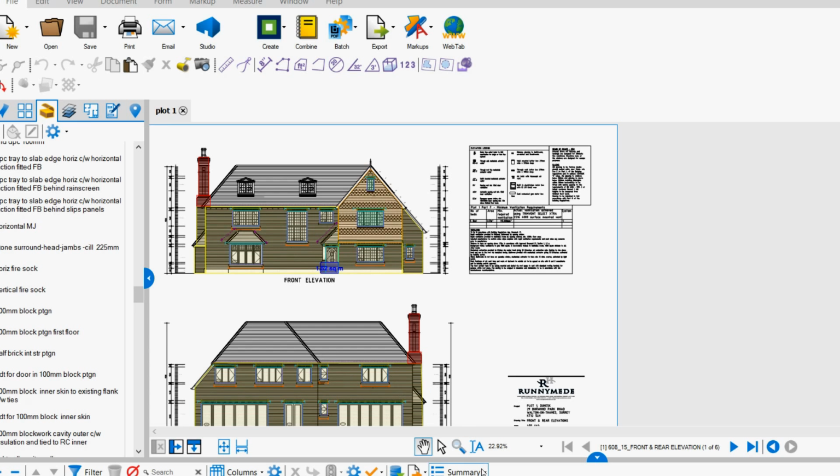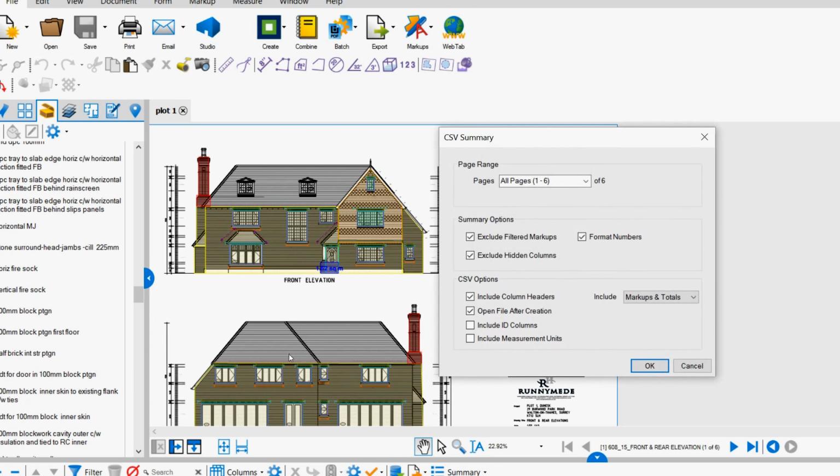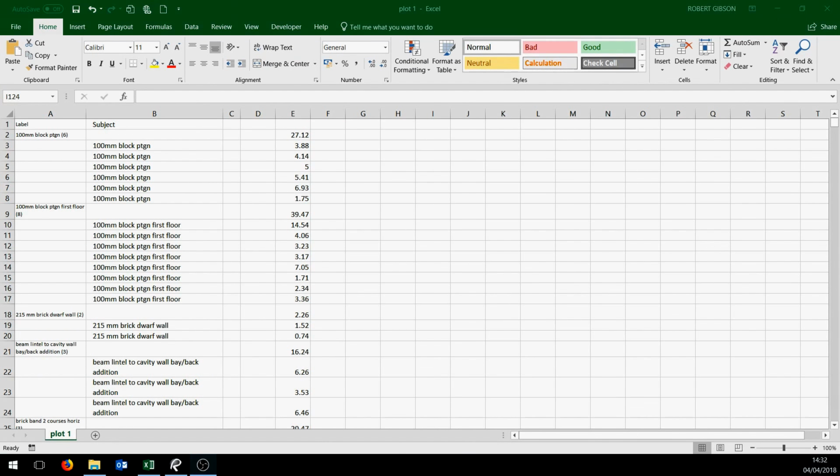If you recall, when you go to export and you pick the CSV summary, and we discussed previously about the markups and totals, you click on OK and it exports it. I've already done that. So what you end up with then is this, as you know, and previously what we've done is